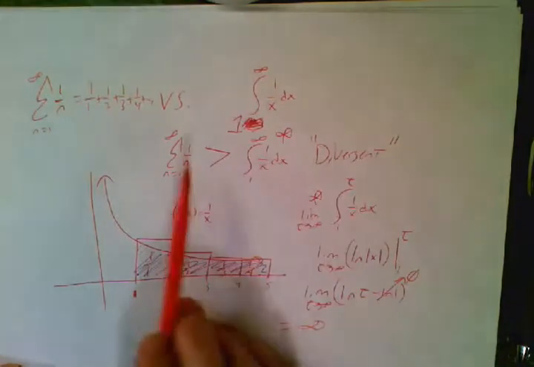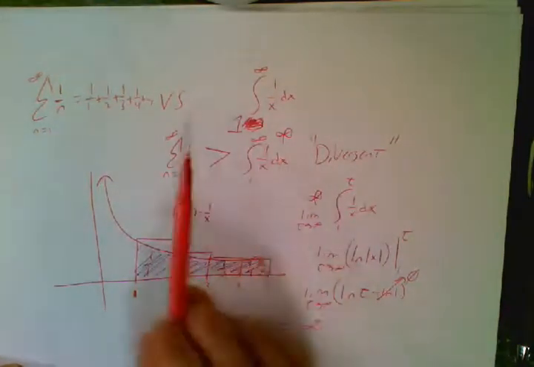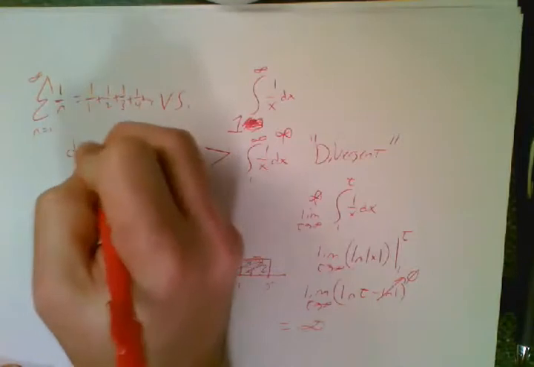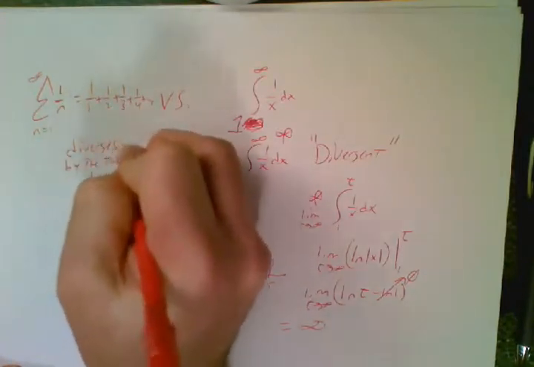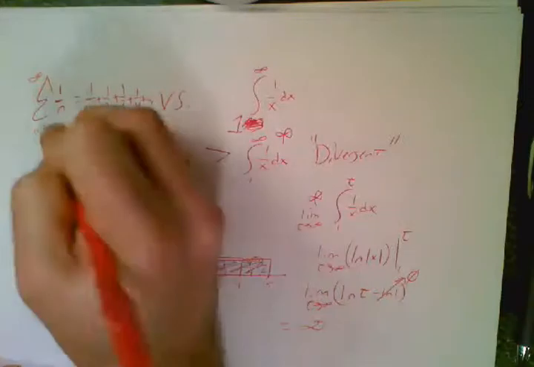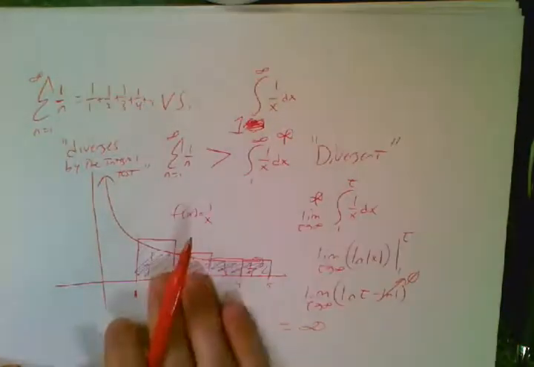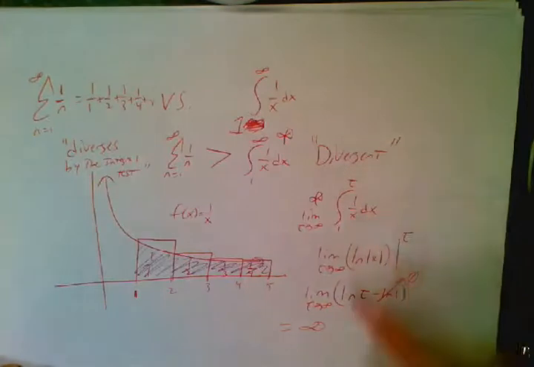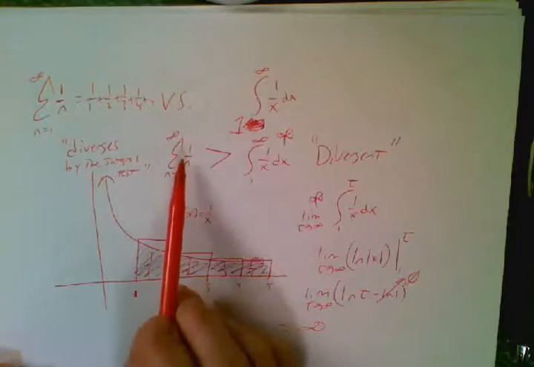All right, so this series is greater than a divergent integral. Therefore, this series must also diverge by the integral test. And that's what you can say, and that would be your reasoning. Now you're not drawing the picture and doing all that. You're doing the integral, because whatever the integral does, the series will do, as long as